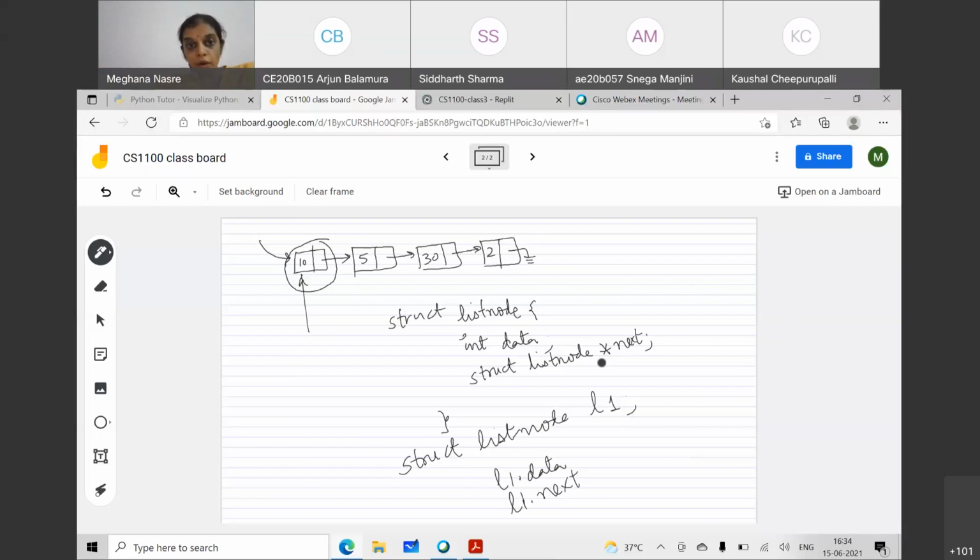And then it is your responsibility to set these pointers appropriately, so that this node points to the second node, the second node points to the third node, the third node points to the fourth node, and the fourth node does not point anywhere. This is our responsibility, to set these pointers.